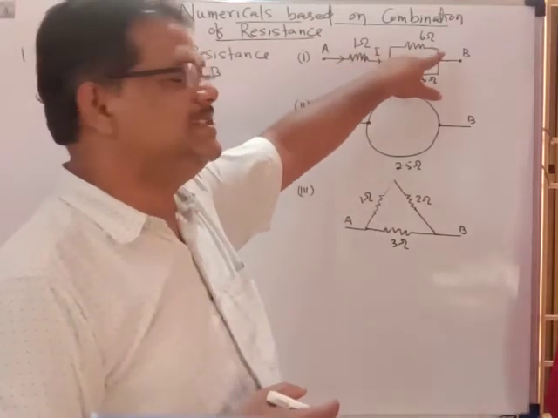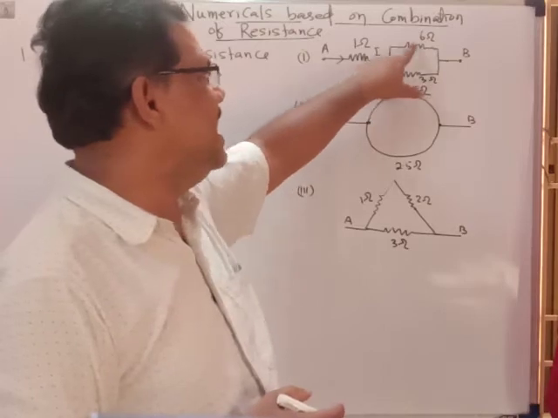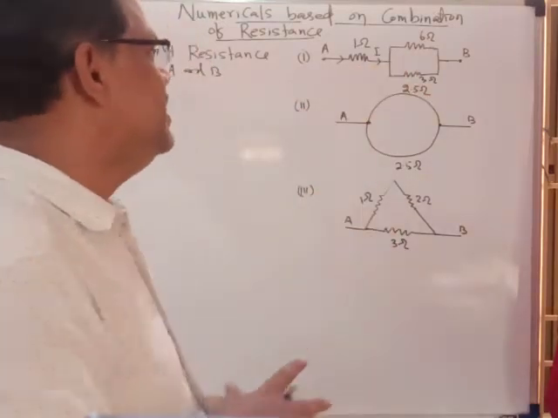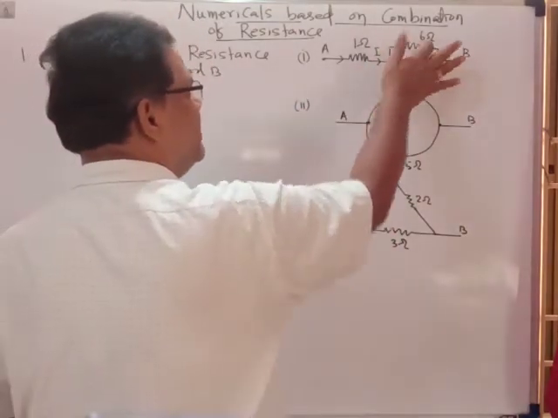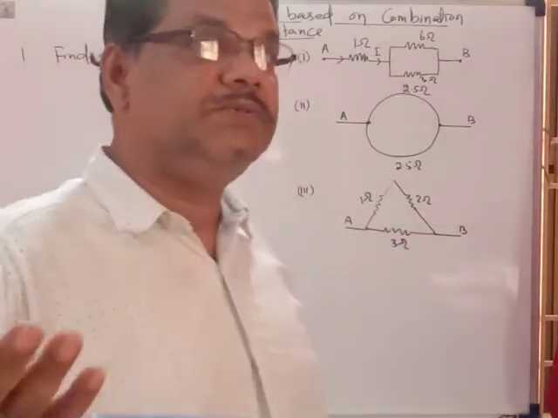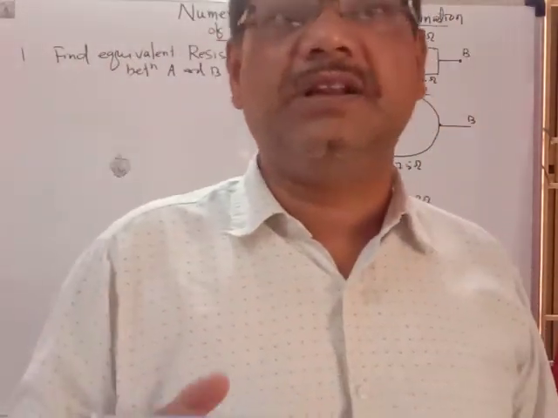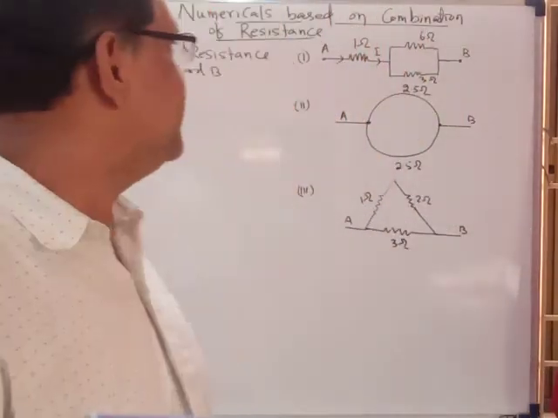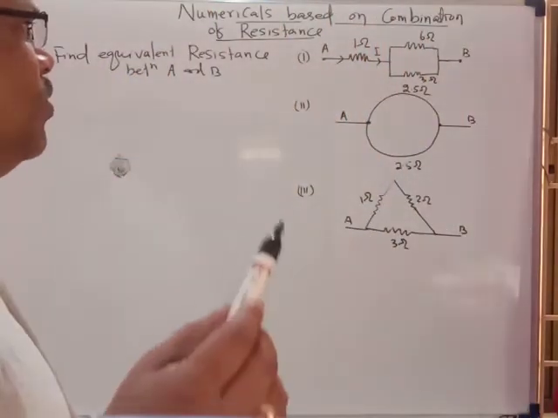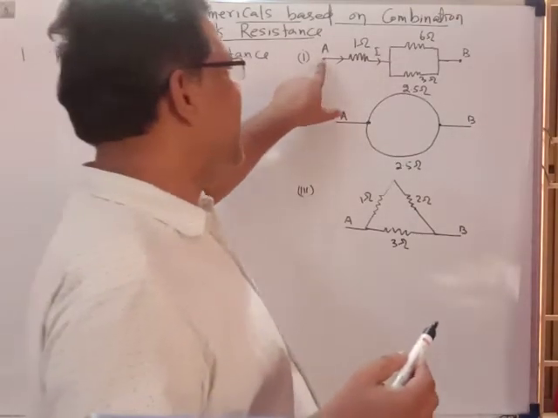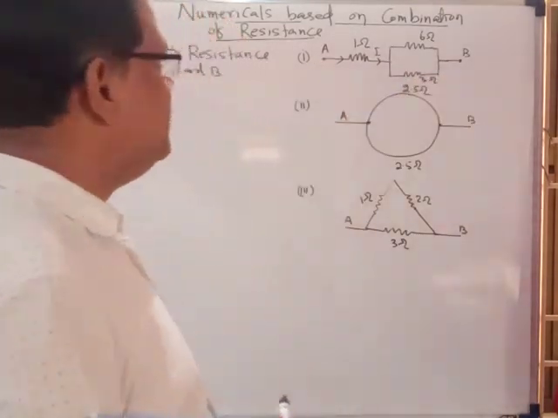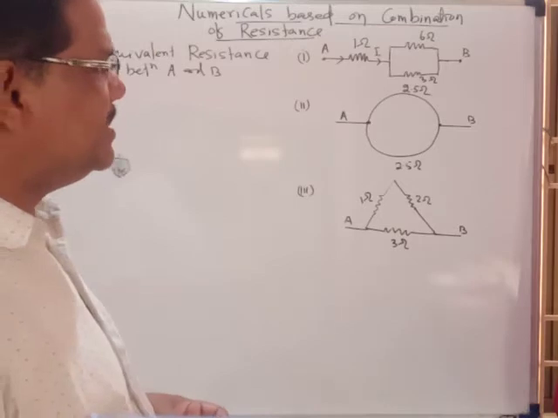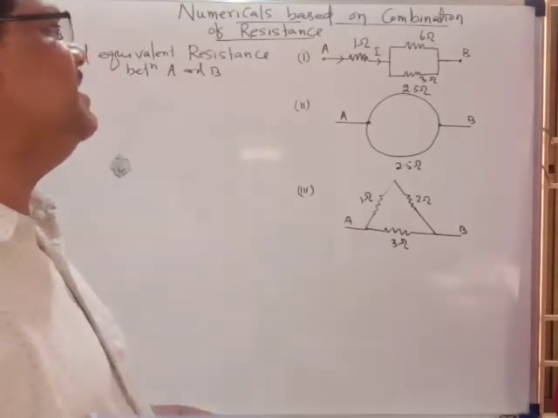That current I is distributed. Actually at the junction the current I is distributed, because you know in parallel grouping the current will be different. That part I will discuss in current distribution, how the current is distributed through the resistances in a circuit. So here you have to find out only the resistance between A and B, so the distribution of current in the circuit must also be identified.